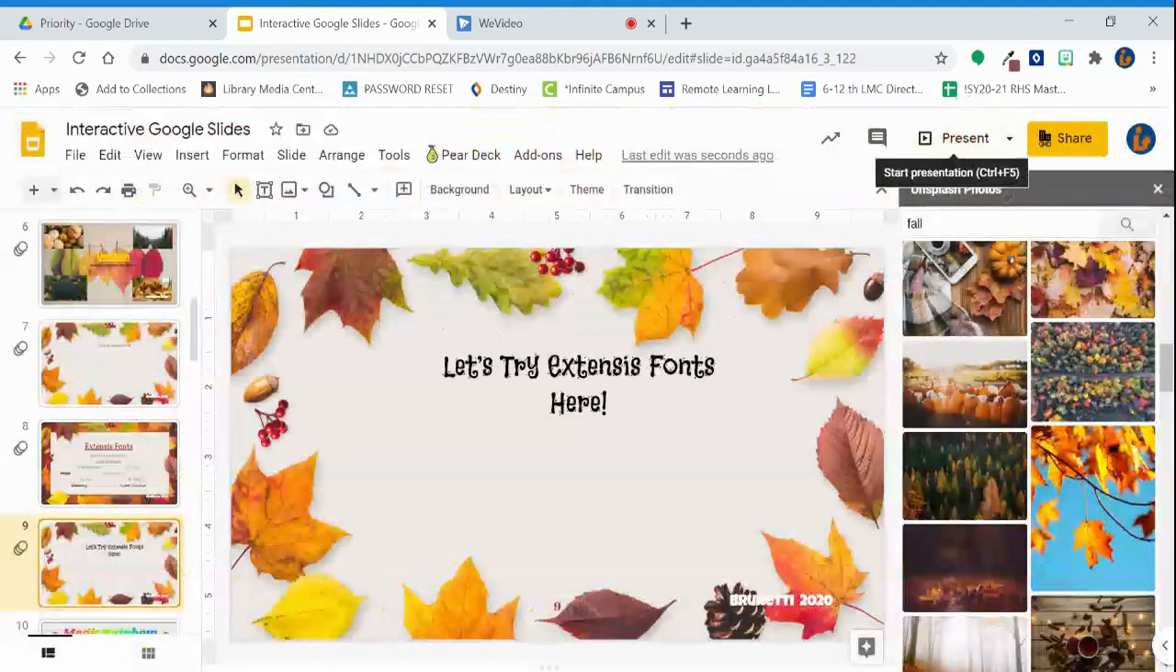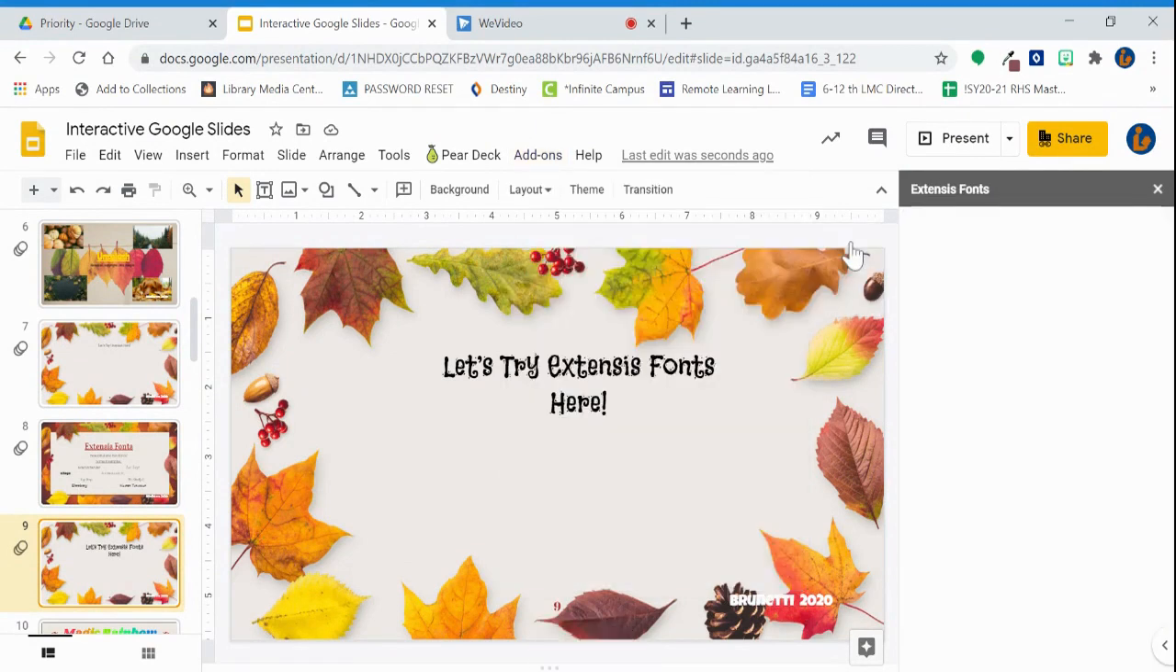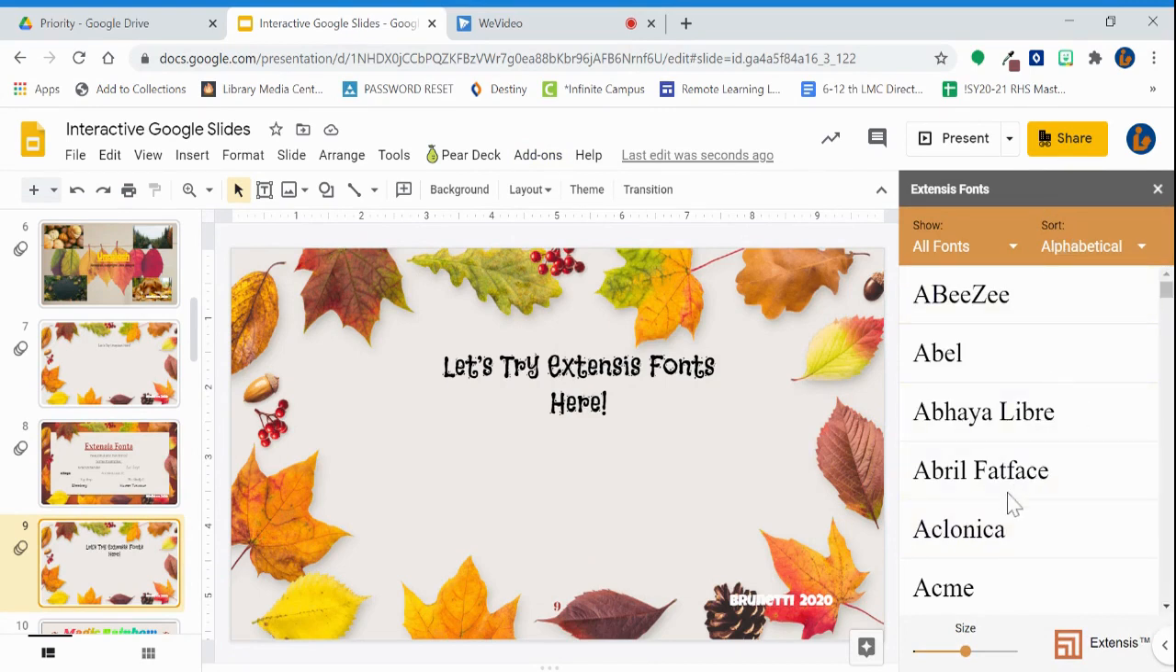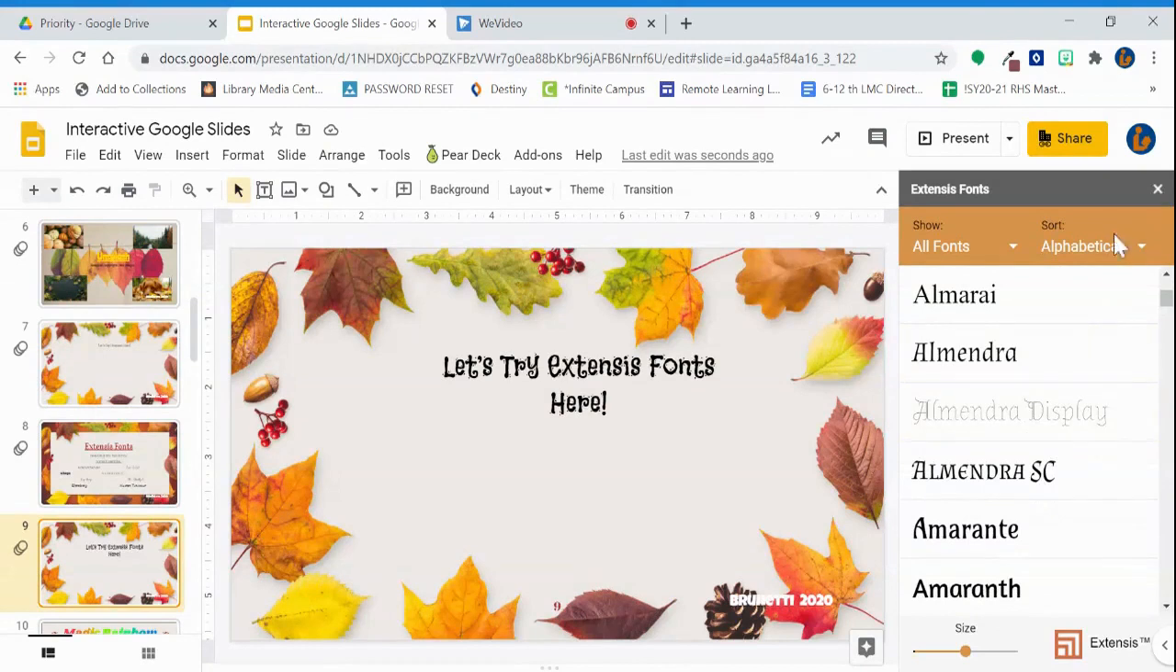So once you're in Google Slides, again, this is an add-on. So if you don't already have this Extensis Fonts add-on, you need to go to the Get Add-ons like we did previously with Unsplash. But you click Start, and all of these fonts are going to live right here on the right-hand side. And so I like that it's easy to see from here. I'm going to sort these by trending